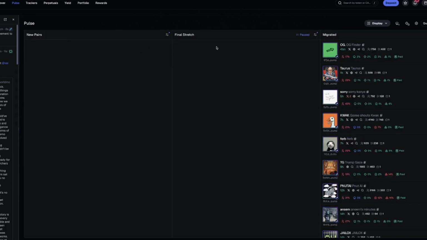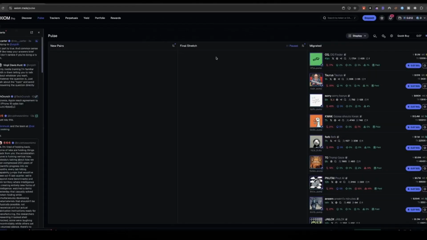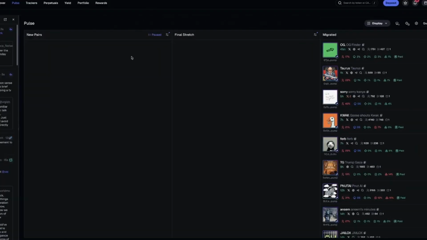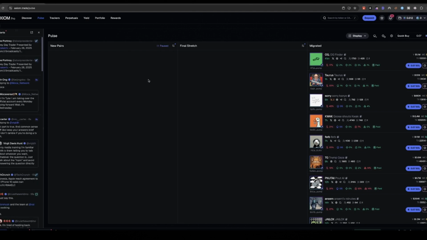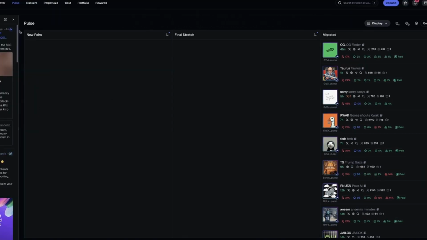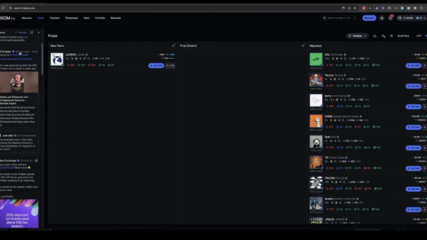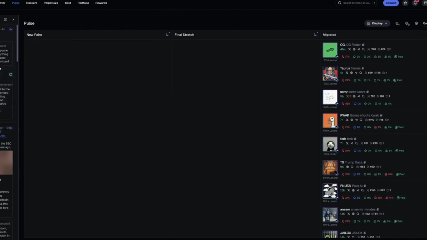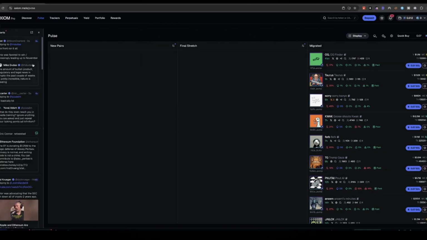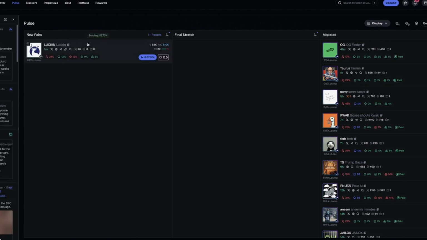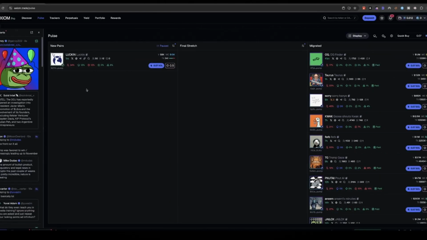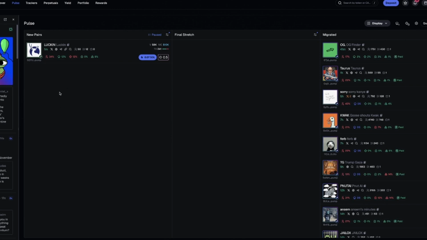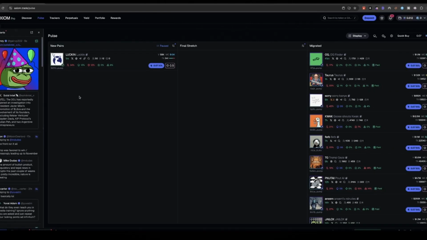So like I said, this doesn't filter out the rugs. What you need to do is just double check, and make sure that there's not a high amount of bundlers. Not a high amount of snipers, and always, to be honest, always, I'm making sure that it relates with at least some type of trend. That's for beginners with the Twitter tracker. If you're looking at the Twitter tracker at all times, and then looking at this section, you will find some tokens that will do well. But you're not going to be finding tokens every half an hour that are going to go to parabolic levels